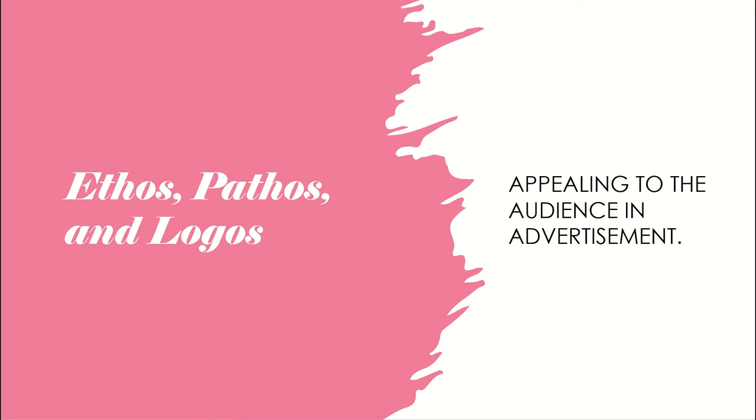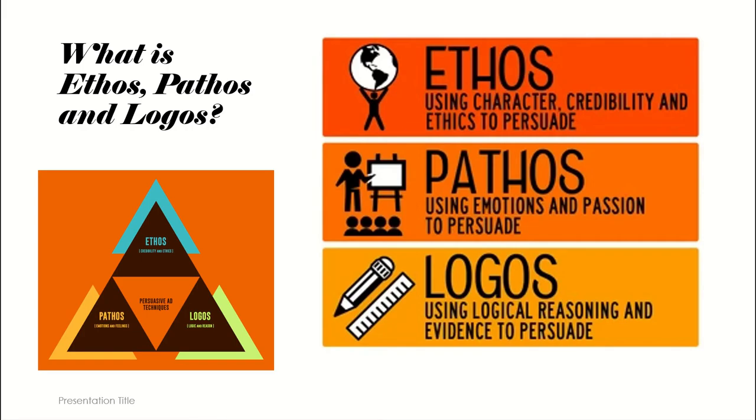But for now, what is ethos, pathos, and logos, right? These are the traditional rhetorical methods for appealing to an audience, right? So the way you appeal to them is by either establishing some credibility, using emotions or connecting to their emotions, and or providing a logic or sound reasoning as to why they should either listen to you, or in the case of advertisements, why they should buy the product. So we're going to cover that individually, right? We'll take a look at them individually,